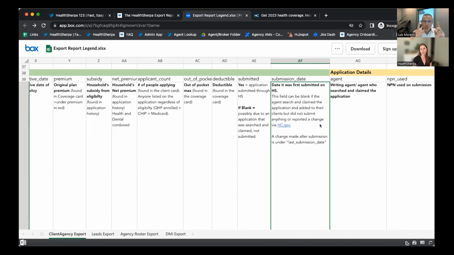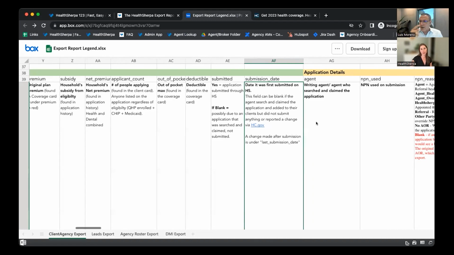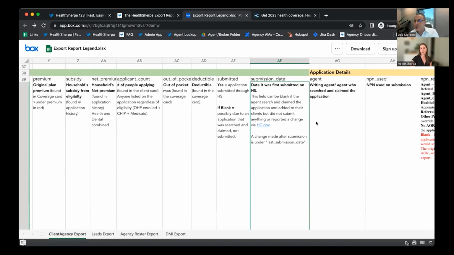But just what's the term, Jordan? Import to your book of business, or what's that little button look like when you search it and you want to add it to your book of business? Correct. Yep. So you would add them to your clients, and that's a great point, Luis, because you don't want to just resubmit it,